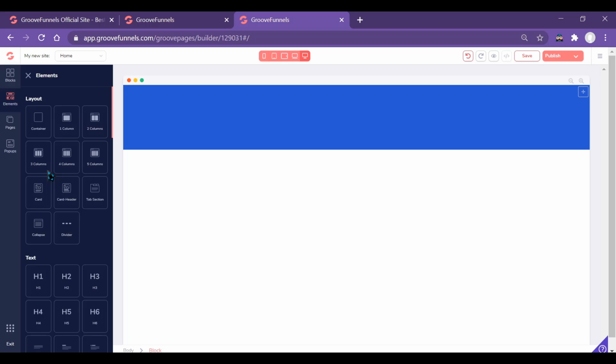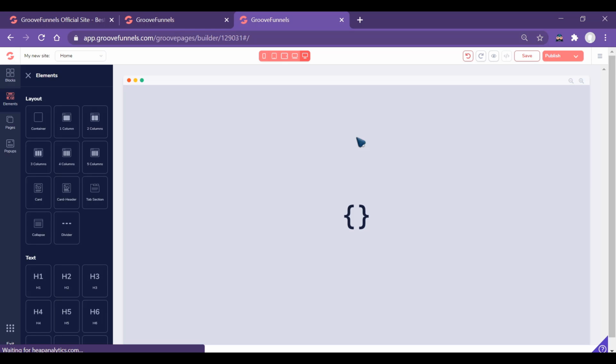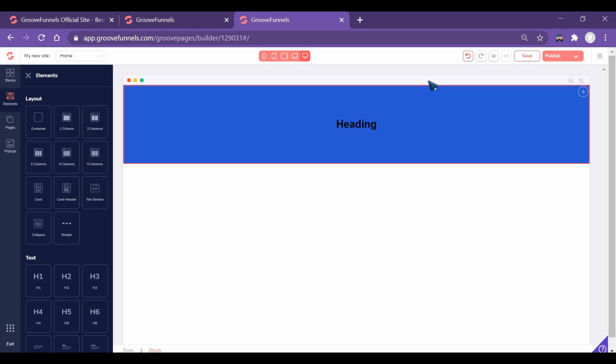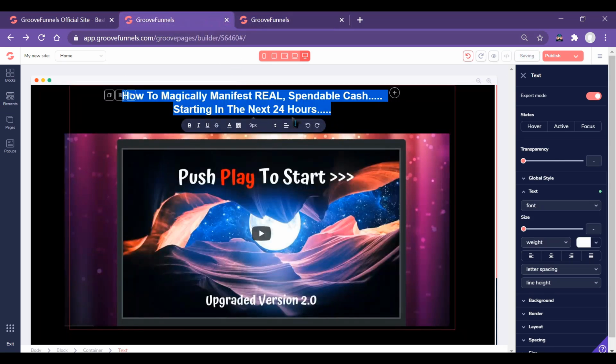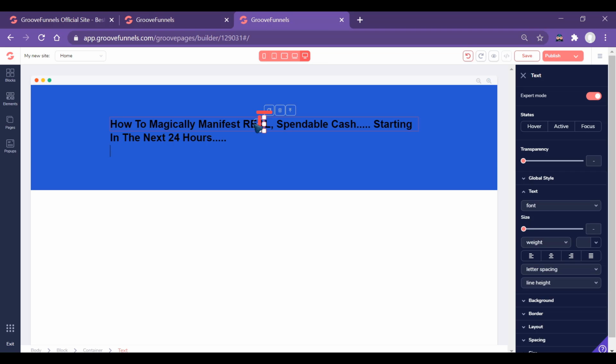So let's go to element, go to text, drag and drop here. It's just a simple drag and drop mechanism. It's no rocket science. I'm gonna just copy it from my previous landing page, so we won't have to waste much time.